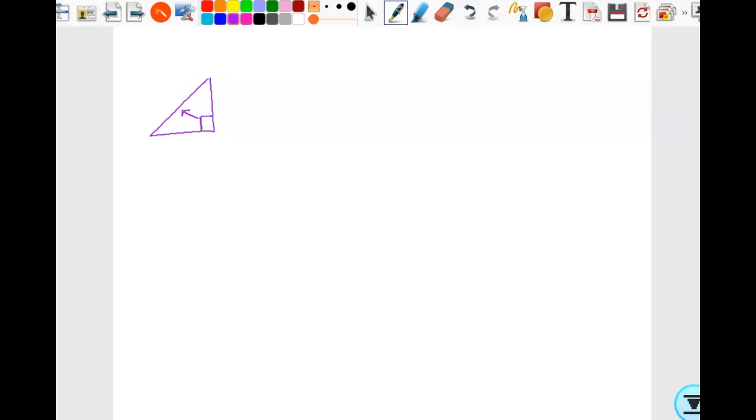Okay, so got the hypotenuse. I'm just going to assign some values here. I've got 3, 4, and 5, okay? And that's a Pythagorean triple. It works with the Pythagorean theorem. So there's one triangle. So I'm going to draw another triangle. And I'm going to make this one 6, 8, and 10. Tell me how these two triangles are related to each other.